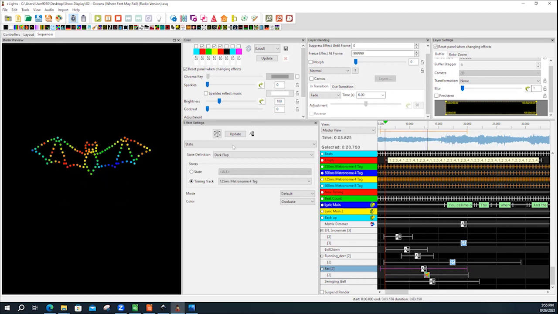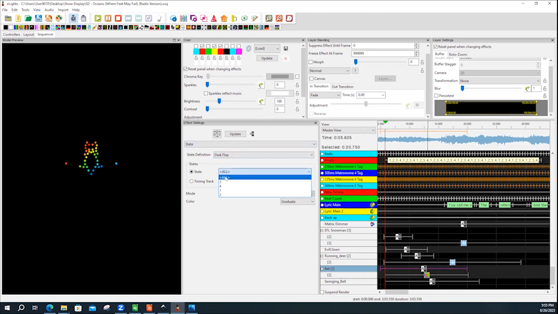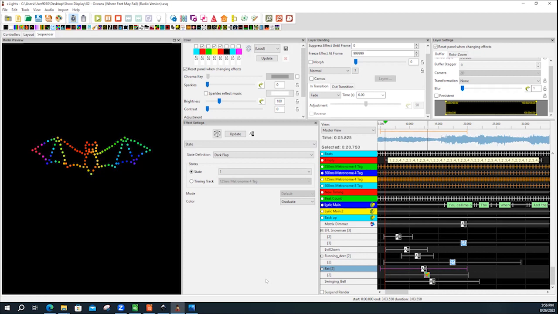And when I put that state effect, I could go to state and tell it 1, right? And what that does is, in an area of a song that's slow where I don't need it to flap, it's just going to sit there stationary. If I go to an area or a chorus that's faster and I want it to flap,